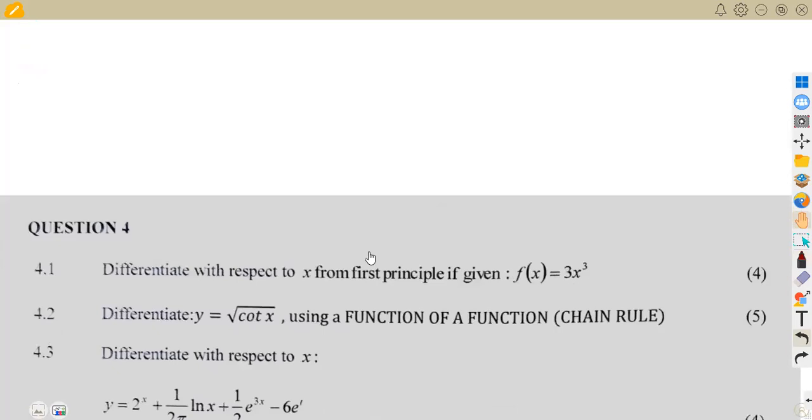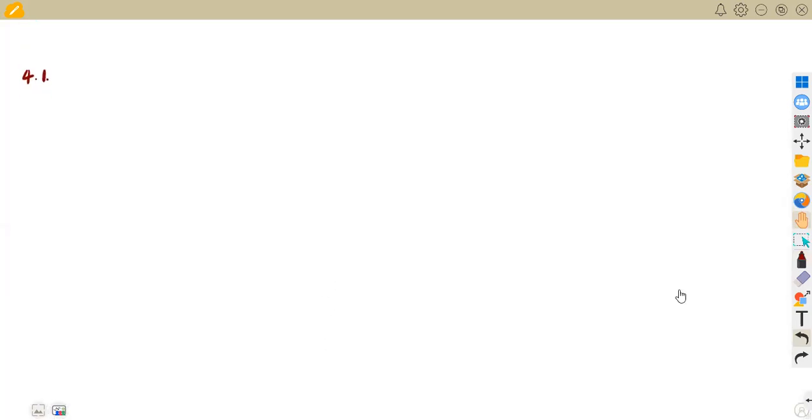So as we are given from first principles, we are given our f of x, which is equal to 3x to the exponent of 3. Remember that from your first principles, what you need to apply is the formula for the first principles. Yes, we can differentiate direct from the general rule, just to know the answer that you're going to have at the end, but you are supposed to apply this from your normal derivatives, that is from the formula,